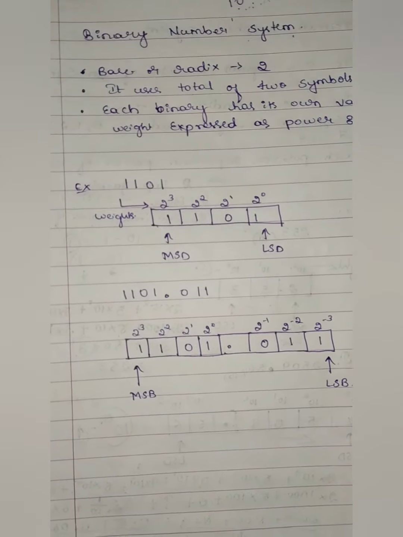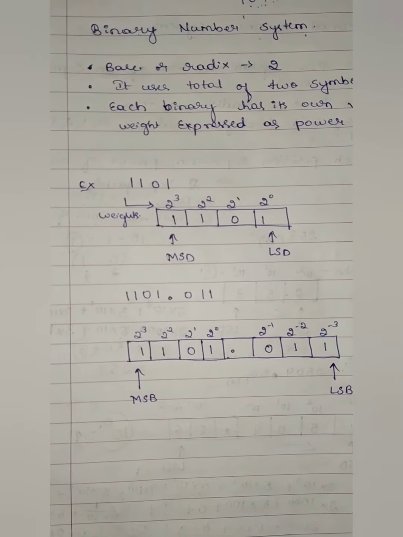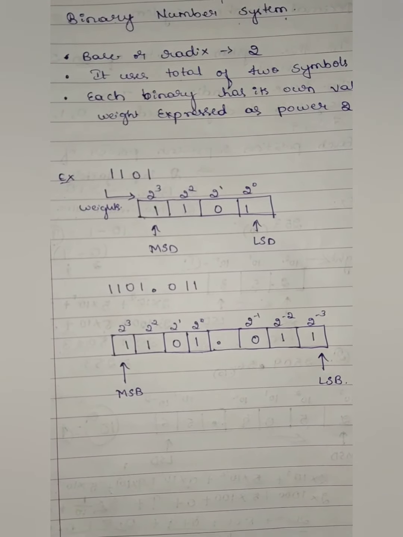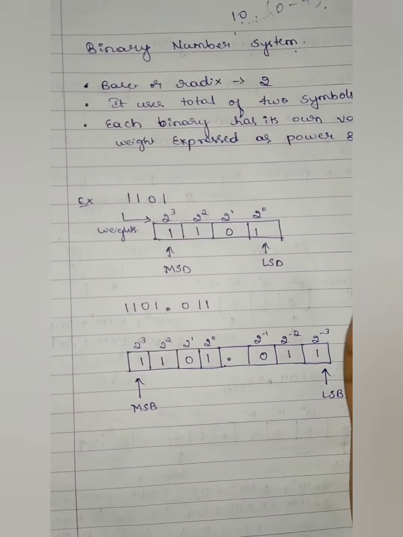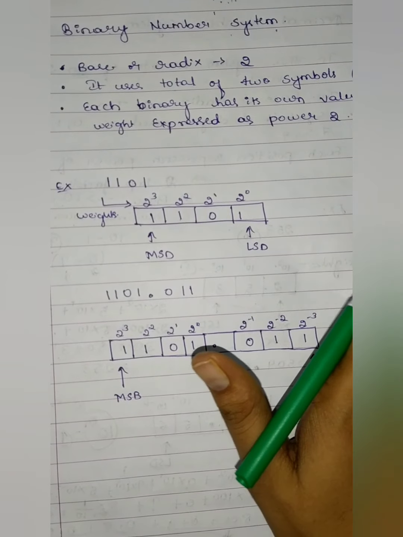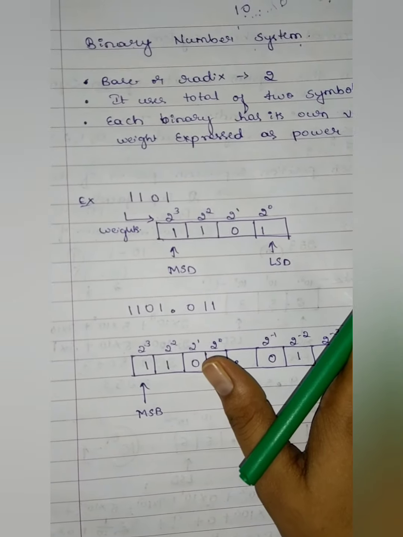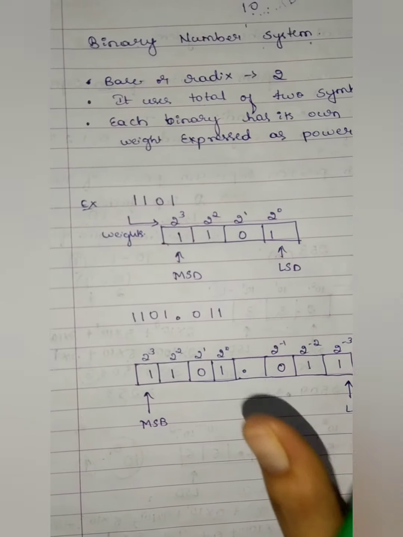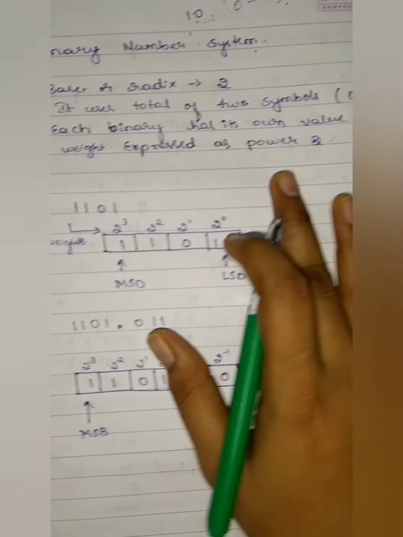Sometimes that may be difficult, but if it is the binary number system, it is easy to design, simple, and gives accurate electronic circuits. That means if it is 0, then it is low voltage, if it is 1, then it is high voltage. So the binary number system is more convenient and the most widely used number system. This means it provides accurate electronic circuits.